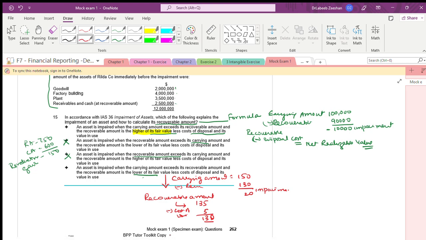Is it 130? Automatically, what will happen? Definitely its value in use and the value in carrying amount is what? It's a huge difference, is it right? Automatically, what happens? This is the condition where it's not going to satisfy the